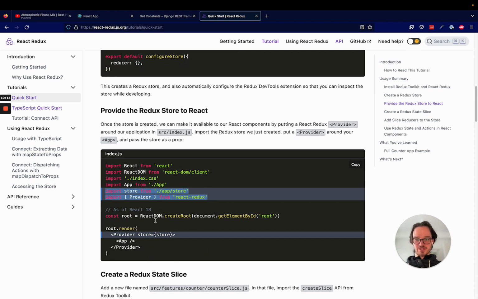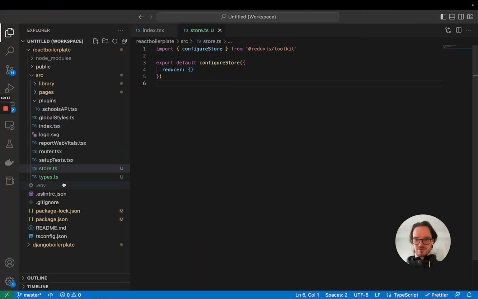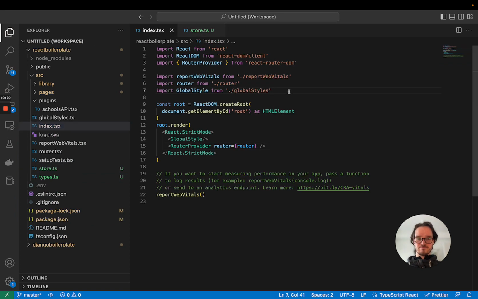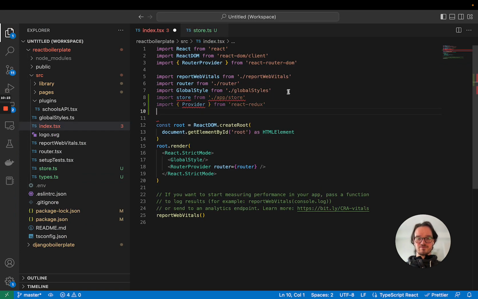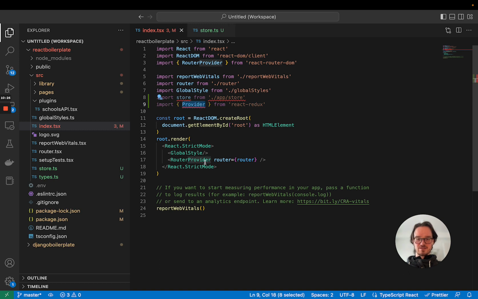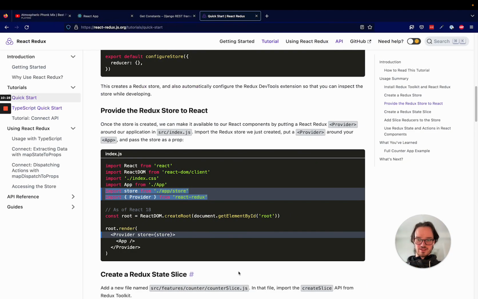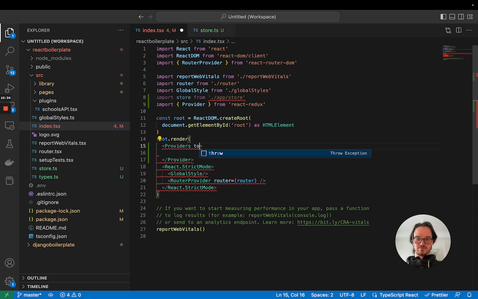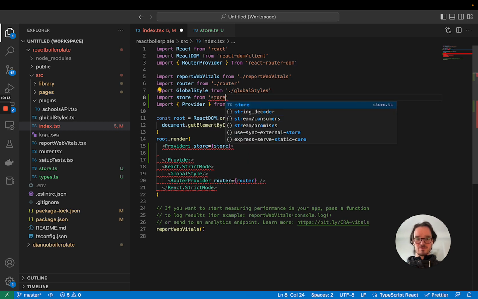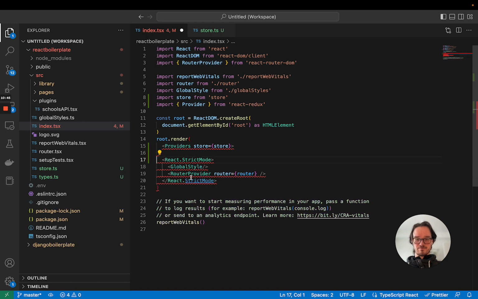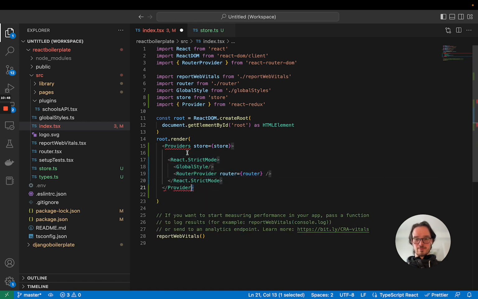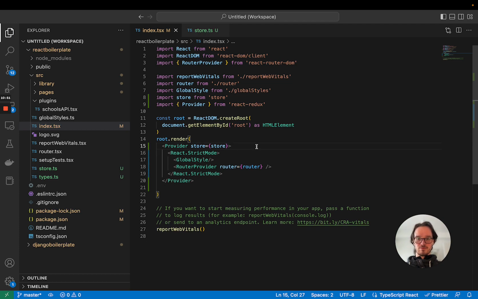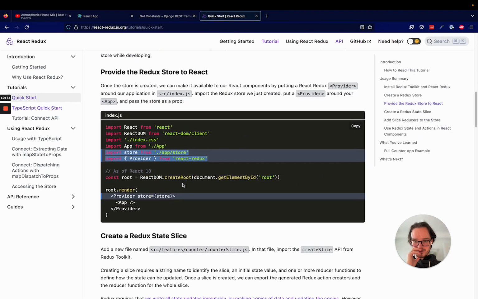Okay, and then this is getting imported into our index, and in the provider, we're passing in a store. So in here, oops, importing some things. There's the route provider. I think this goes around everything, but we'll find out soon enough. You can see our import's wrong here too. We're just importing straight from store. Okay, so no errors. That doesn't mean it's working, but